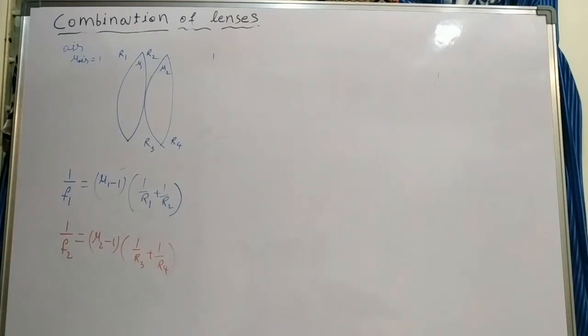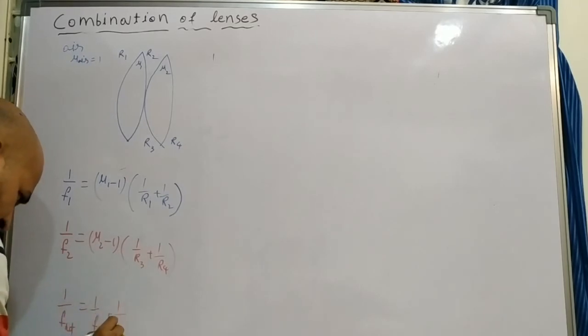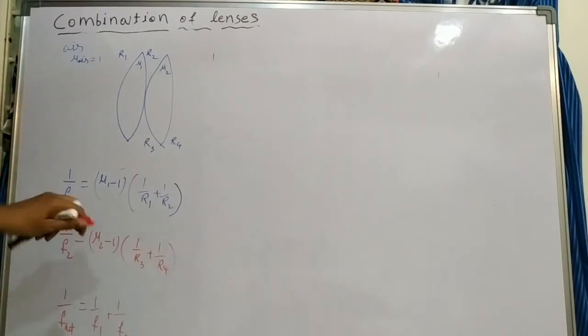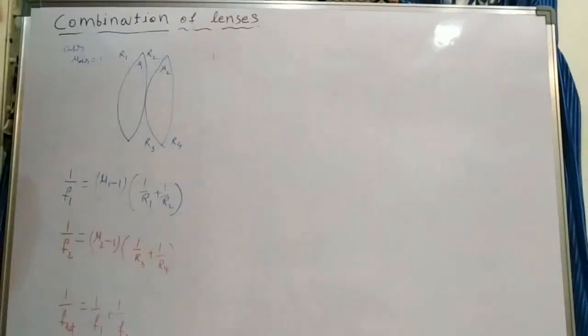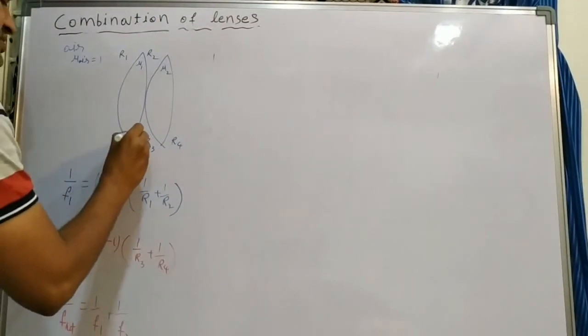What is a net focal length? We know the net focal length formula: 1 by f net is equal to 1 by f1 plus 1 by f2. You can also write the reciprocal, and if more variables are there, we get a big equation. But here is one special case: what happens if the space between the lenses is filled